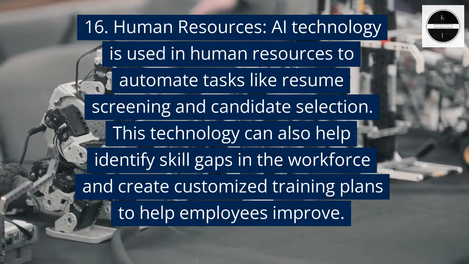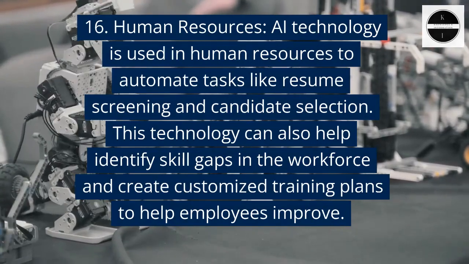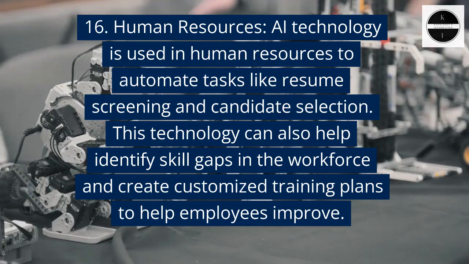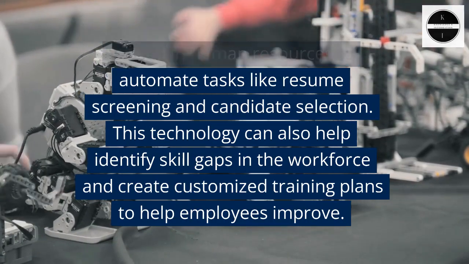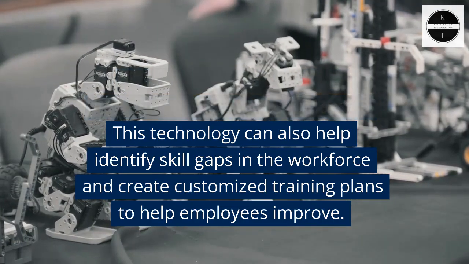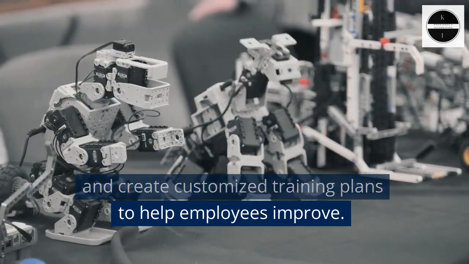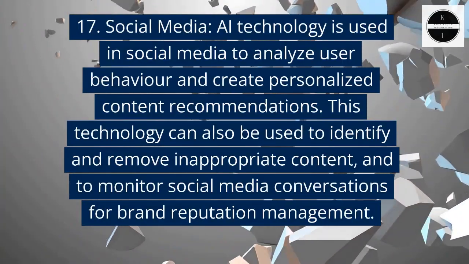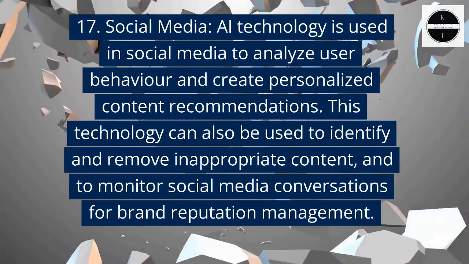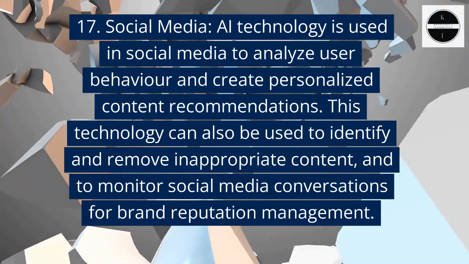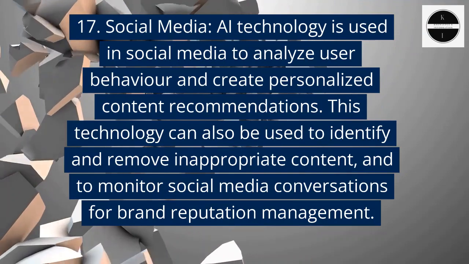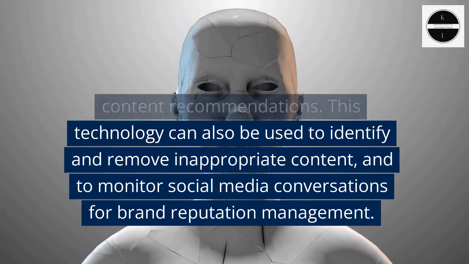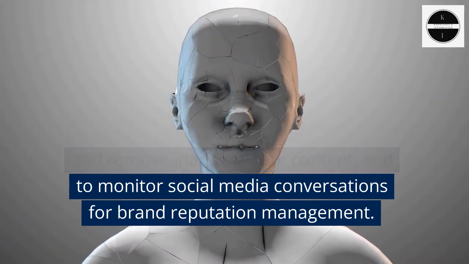16. Human resources. AI technology is used in human resources to automate tasks like resume screening and candidate selection. This technology can also help identify skill gaps in the workforce and create customized training plans to help employees improve. 17. Social media. AI technology is used in social media to analyze user behavior and create personalized content recommendations. This technology can also be used to identify and remove inappropriate content, and to monitor social media conversations for brand